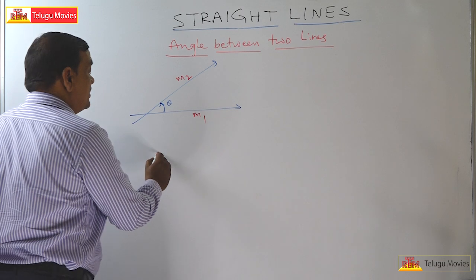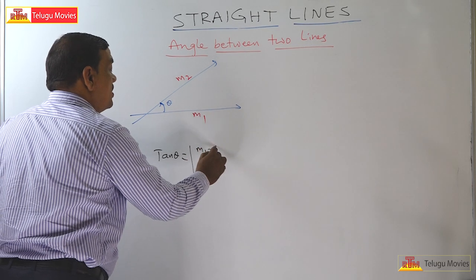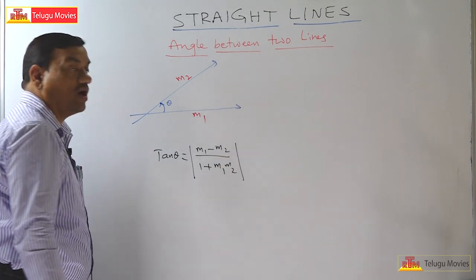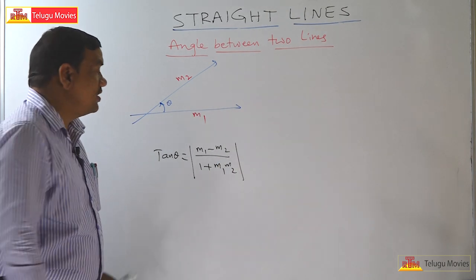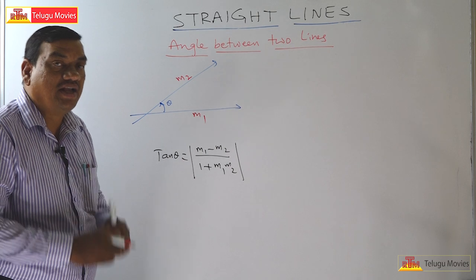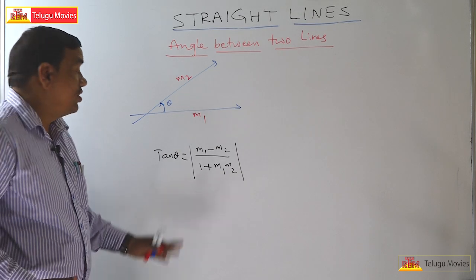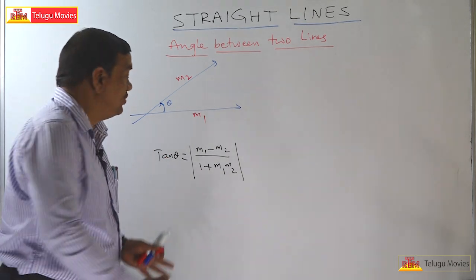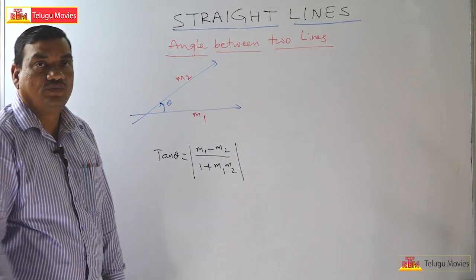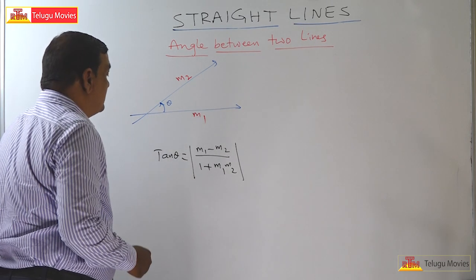Then the relation between theta and m1, m2 is tan theta equals modulus of (m1 minus m2) upon (1 plus m1 into m2). So, this is a very important formula. Why have we kept it in modulus? Because theta is an acute angle, lying between 0 and 90 degrees, that is the first quadrant, where tan theta is positive. So, whatever the quantity on the right-hand side, it should be positive. Okay, now from this, two cases arise. If the lines are perpendicular,